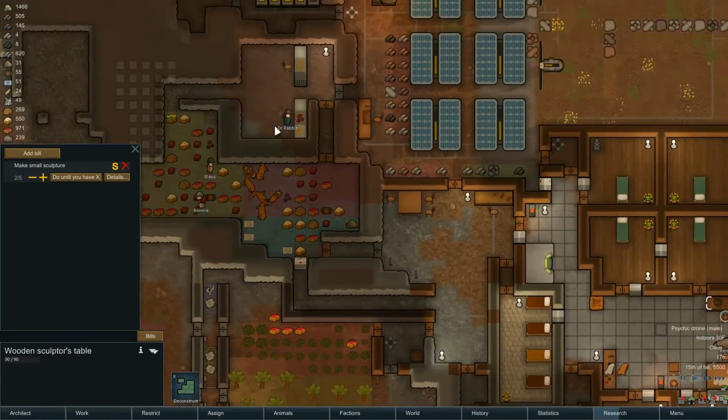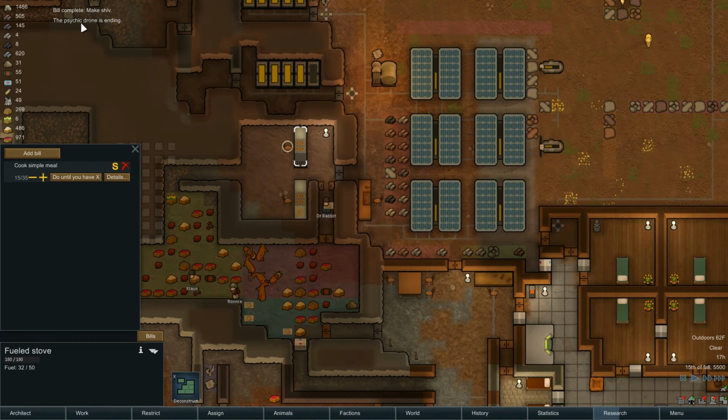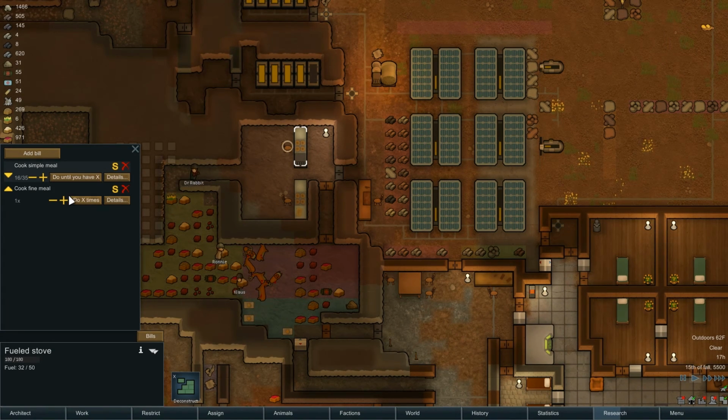Can you do... There's nothing like that in meals, right? Bills... That's right, I needed to add... Make a shiv, and psychic drone is ending. Oh, nice. We needed to put the fine meals back in. We accidentally deleted that last time, so let's do that. Fine meals, they will be first again. And we will do until we have...